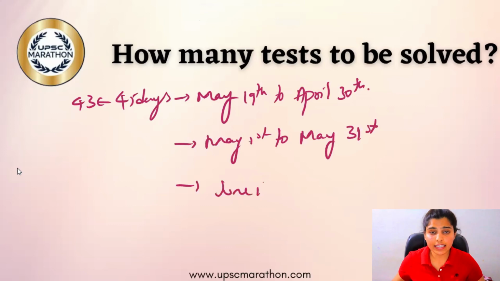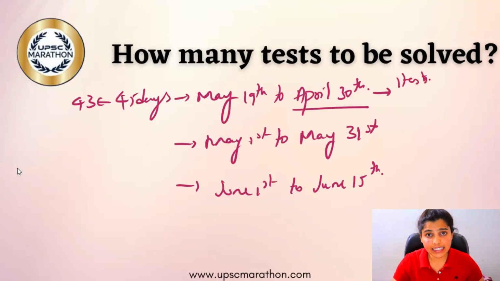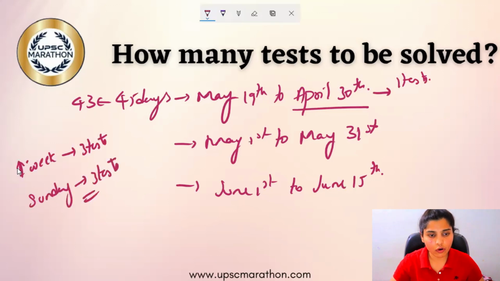According to our schedule, we are going to complete all the static part revision by April 30th. Fine. So that is the reason in these days we are going to solve the tests alternately: 1 day test and 1 day solution of that. For example, in 1 week, we are going to solve 3 tests, and on Sunday, revision of all these 3 tests. Like that, let's suppose that we're going to complete 20 tests in this period, in our first cycle of revision.